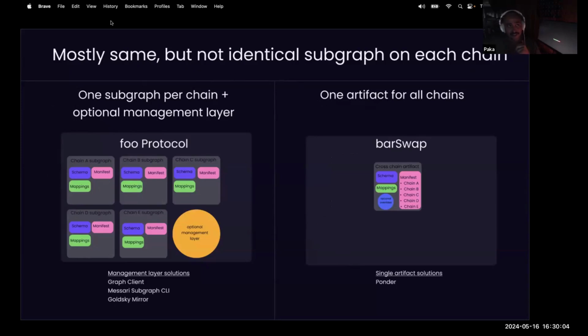And so in the wild, this is kind of what I'm seeing mostly. And by the wild, I mean on GitHub, just lurking through public repositories of actual subgraphs for projects, and even just talking to people and hearing what they do. And so in this mostly the same but not identical subgraphs strategy, I'm seeing two kind of sub